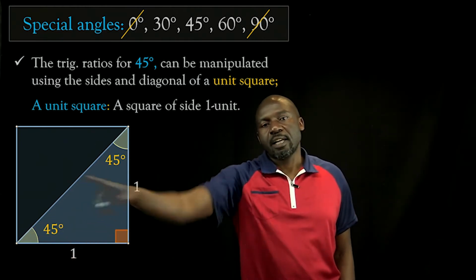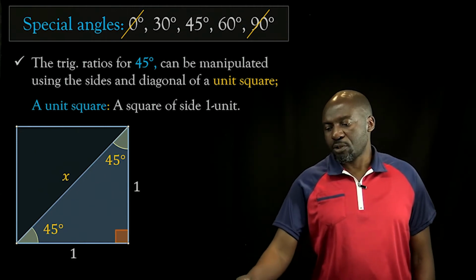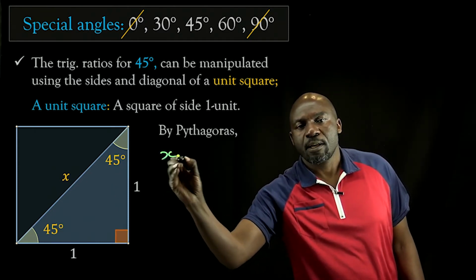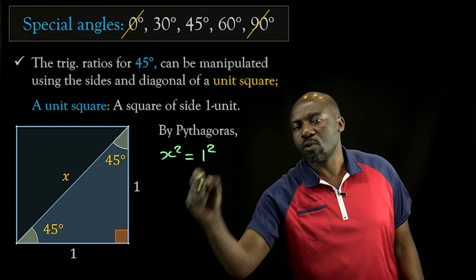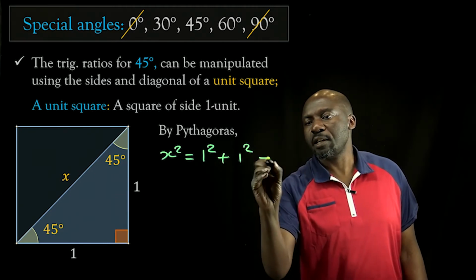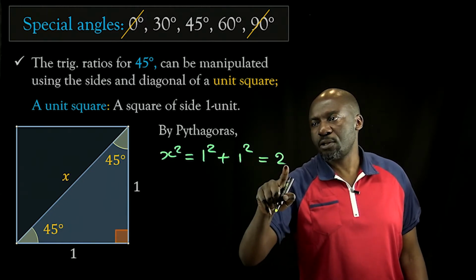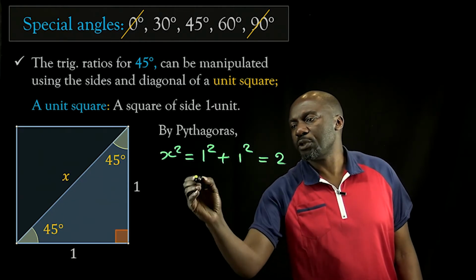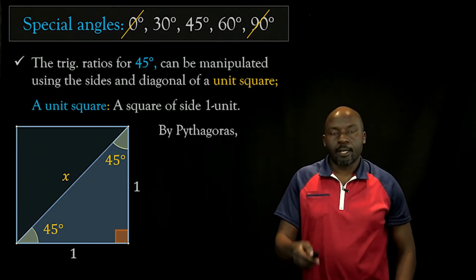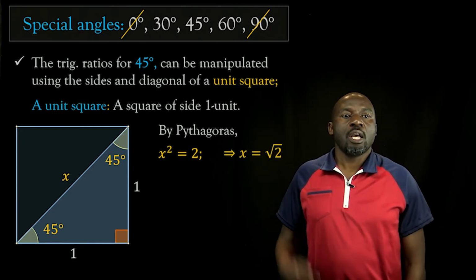So if we make this be x, then we can reason using Pythagoras theorem. So by Pythagoras theorem, we can reason that x squared must be equal to 1 squared, this one here squared, plus 1 squared, this one here squared, and this is actually 2 because 1 squared is 1 plus 1 is 2. So x squared is 2, and so to find x we must take the square root of both sides. So x is going to be the square root of 2, like that. Okay? So this we've already done. So x squared is 2, and so x is the square root of 2, and so we can replace that